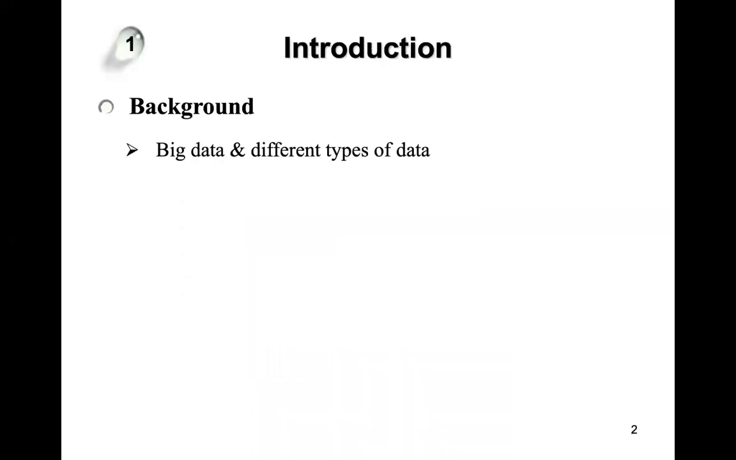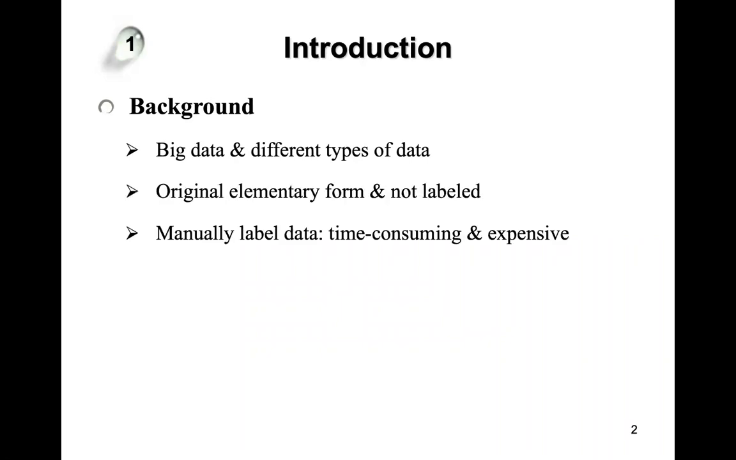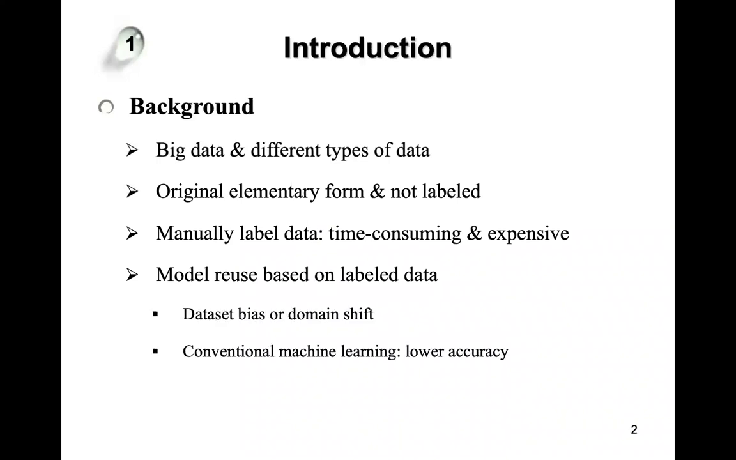As we know, we are in a big data era and there are different types of data. However, most data are in original elementary form and they are not labeled. We also know that it is time consuming and expensive to manually label data, right? Therefore, model reuse based on labeled data is necessary. However, because of the problem of dataset bias or domain shift, some conventional machine learning algorithms will have lower accuracy in